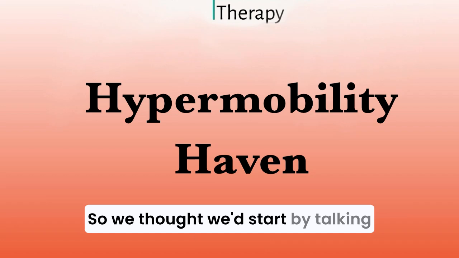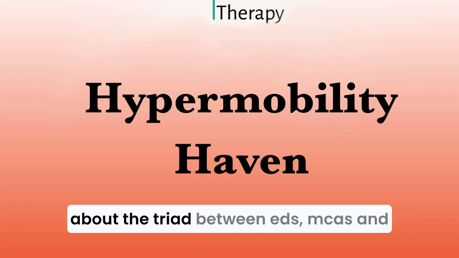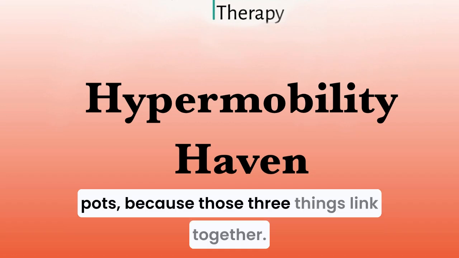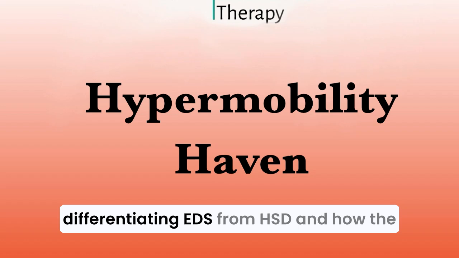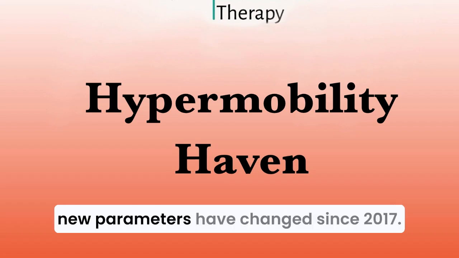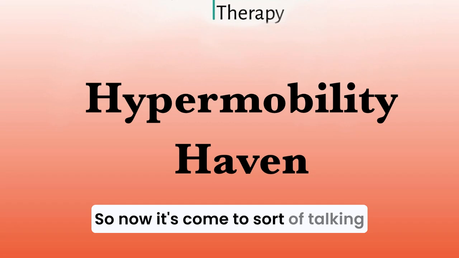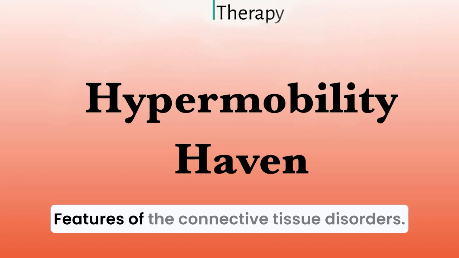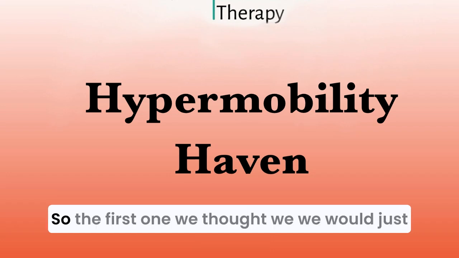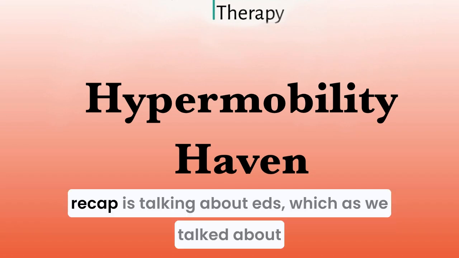So we thought we'd start by talking about the triad between EDS, MCAS and POTS, because those three things link together. In our last podcast, we talked about differentiating EDS from HSD and how the new parameters have changed since 2017. So now it's come to talking about the comorbidities and the different features of the connective tissue disorders. So the first one we thought we would recap is EDS,